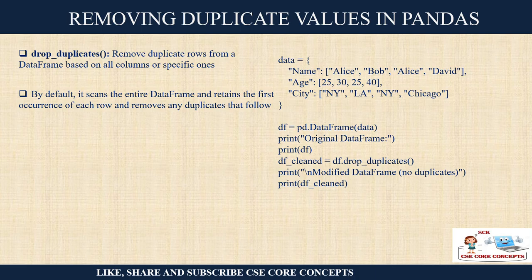Now we are going to check another important feature, that is duplicate values. Many times it occurs in our CSV files that there are certain data which are duplicates. If you use these duplicate values to calculate important functions or statistical measures, it may lead you to wrong results. So it is important to remove or drop all duplicate values. To remove the duplicate values, we are going to use the drop duplicates method. By default, it will scan the entire data frame, retain the first occurrence, and all the rest will be removed.